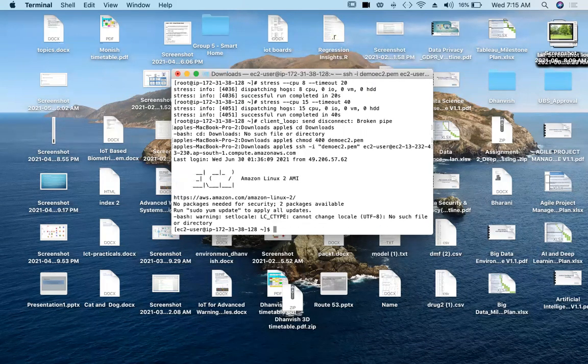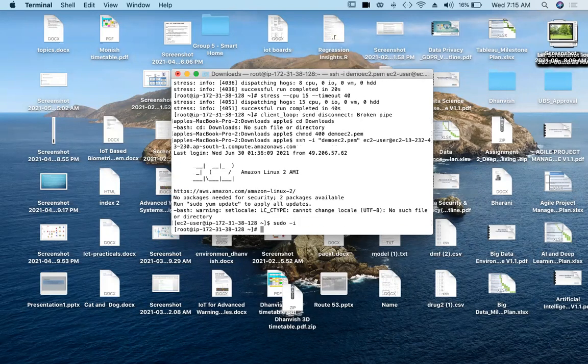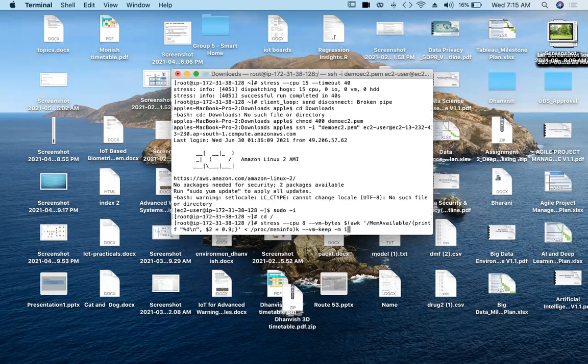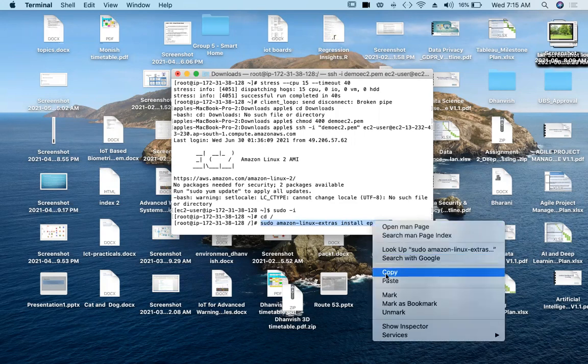And I am logging into my EC2. Yeah, this is the command. This is the command to use any package from Amazon related to Linux instances.